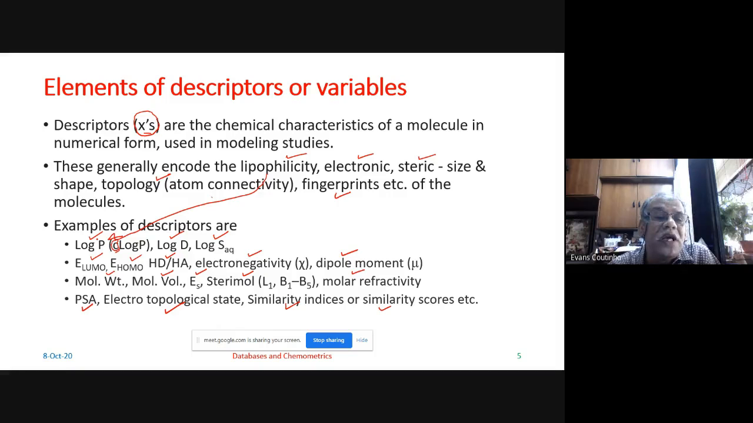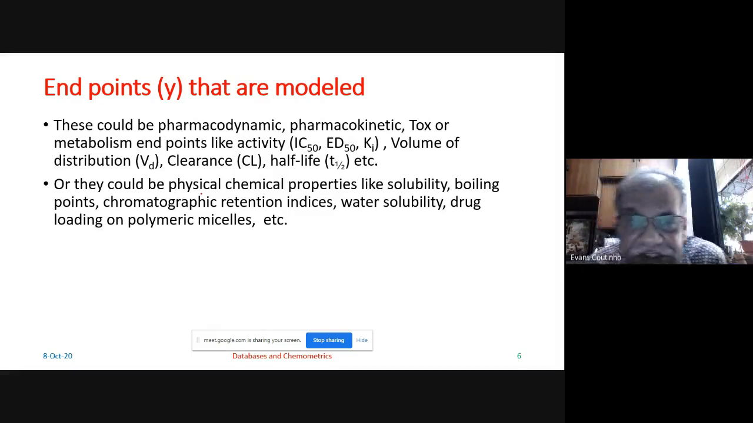So X will be log P, X can be log D, X can be HOMO, X can be LUMO, X can be molecular weight, etc. Then in the databases, you will also see that molecules are characterized by their endpoints. So molecules will have associated with them pharmacodynamic attributes. Pharmacodynamic attributes could be like the activity of the molecules. So in the database, you'll have the activity of the molecules in terms of the IC50 value, the ED50